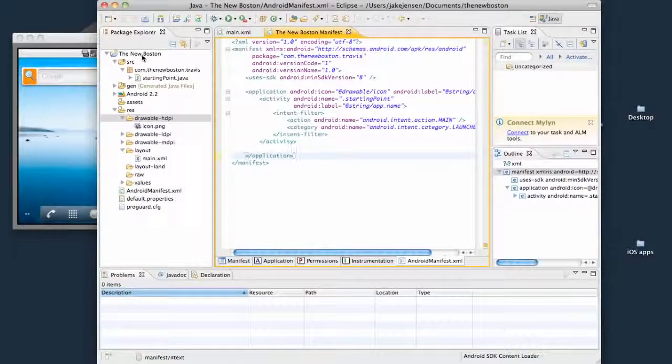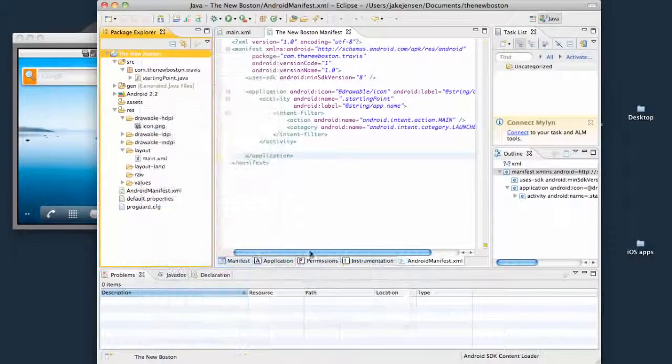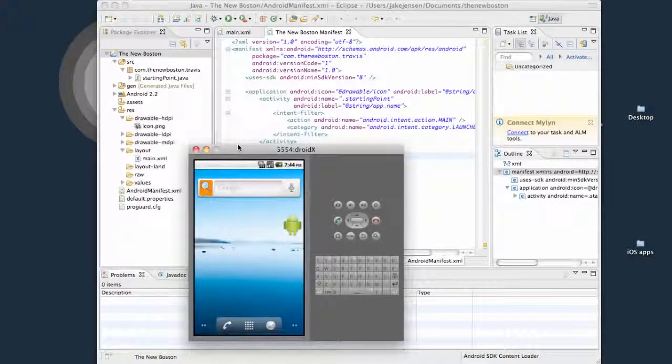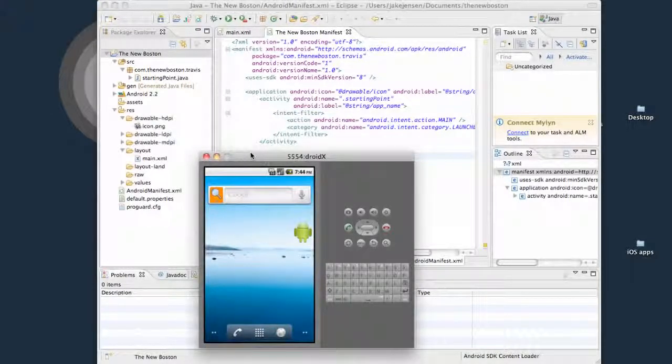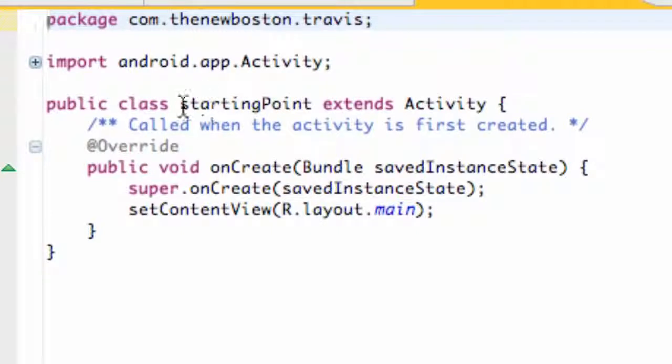The only other thing I want you guys to do real quick is just right click on your whole package, go to run as Android application, and that's going to load up on our emulator. Again, I'm just going to briefly talk through everything that's happening. As it's installing onto our emulator, it's looking for the launcher item, like I said, within the manifest. Then it calls this starting point class that we set up right here, which is an activity class, and within the activity it sets the content view to